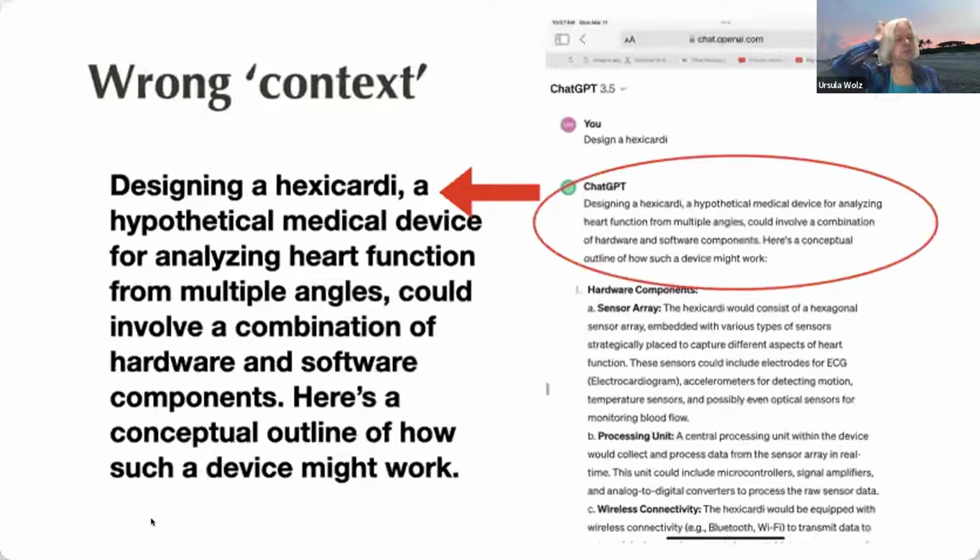So for grins, because that's what Rebecca and I were up to, I went to ChatGPT on my iPad, which is important. And I said, design a hexicardi. Oh, because in that last little dialogue, she told me this wasn't a granny square, it was a hexacardy. I didn't know what those were. And what